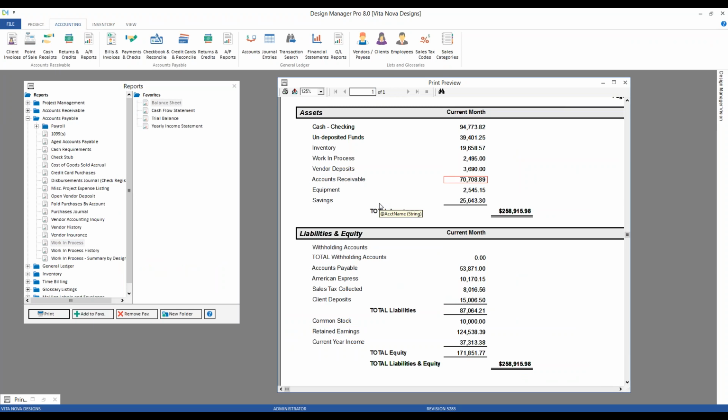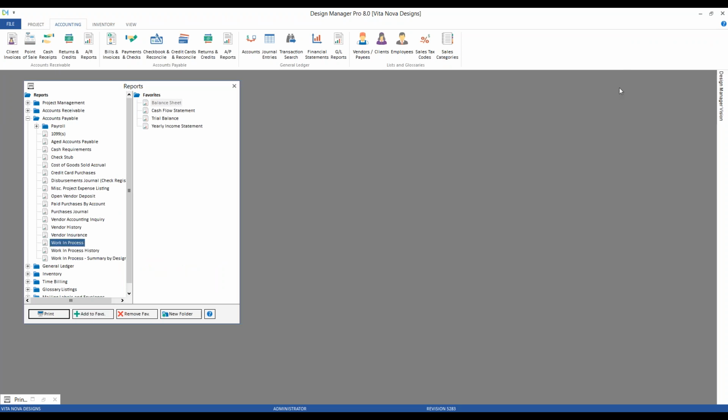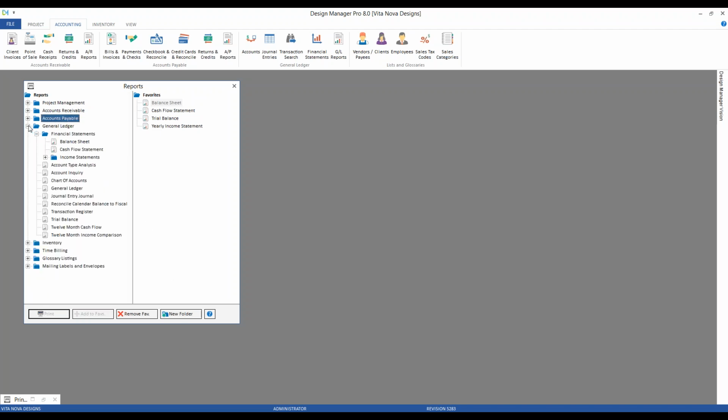Okay, now on to the balance sheet's partner in crime, the income statement. The income statement, also known as a profit and loss statement, measures the company's financial performance for the given month, quarter, or year by summarizing the sales or revenue, cost of goods sold, and expense accounts for both client-related and non-client-related activities. Just like our balance sheet, the income statement is going to be found under our financial statements, and